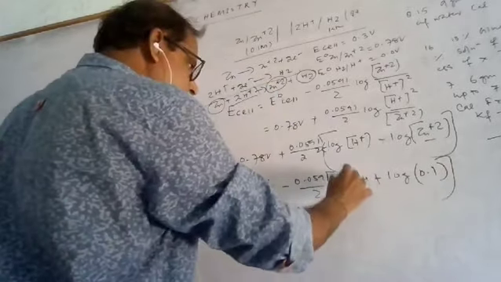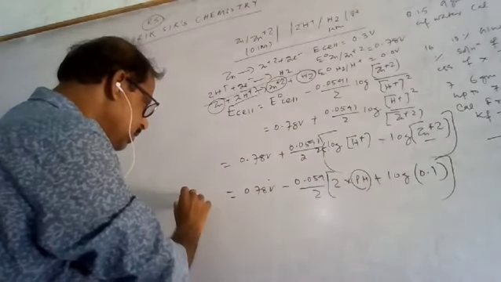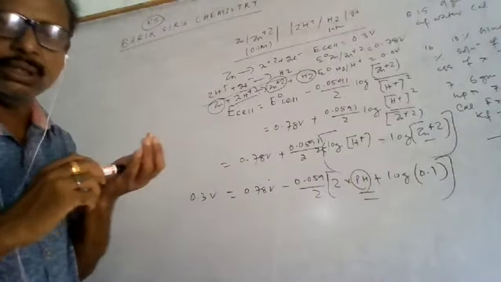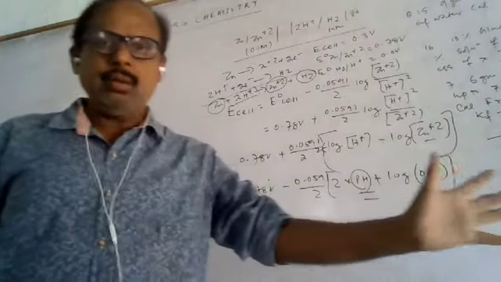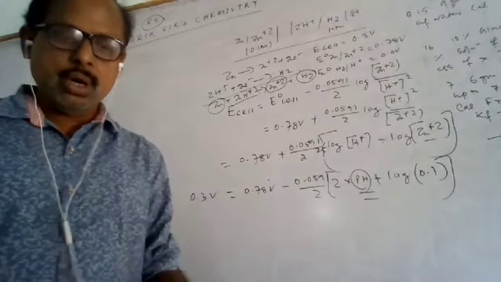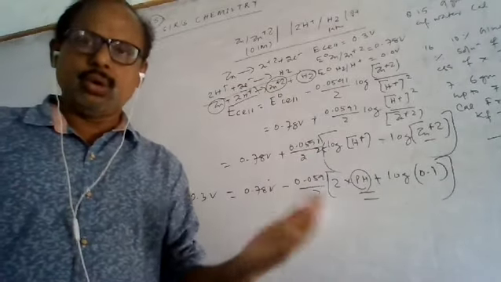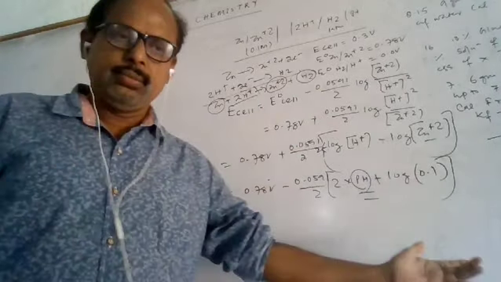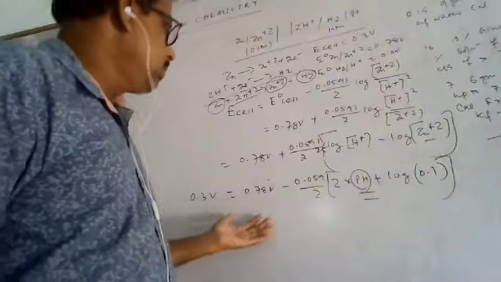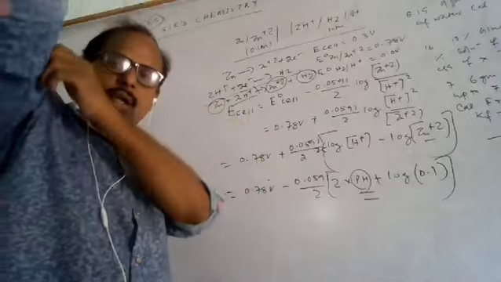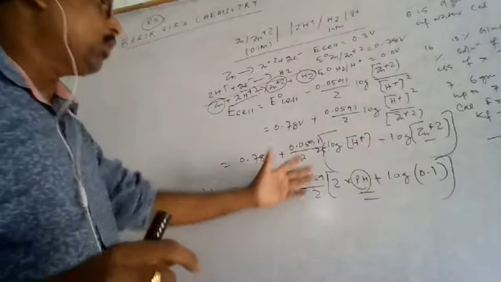So now you see all the values here, it is given the 0.3 volt. So everything is given. You can calculate the pH for any solution where the hydrogen electrode is one of the electrodes. Not only the hydrogen electrode will be there. So you can calculate the pH in this equation. Clear? So you can calculate the pH without any problem.